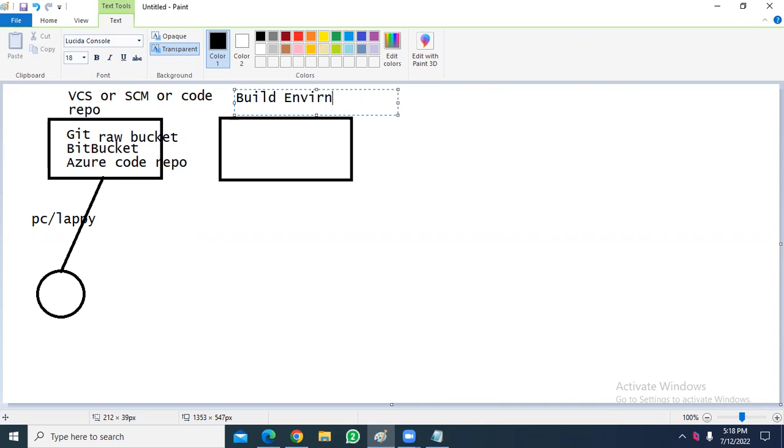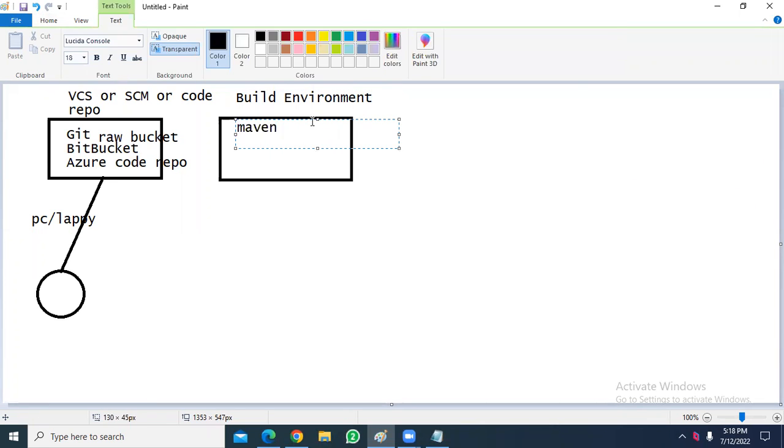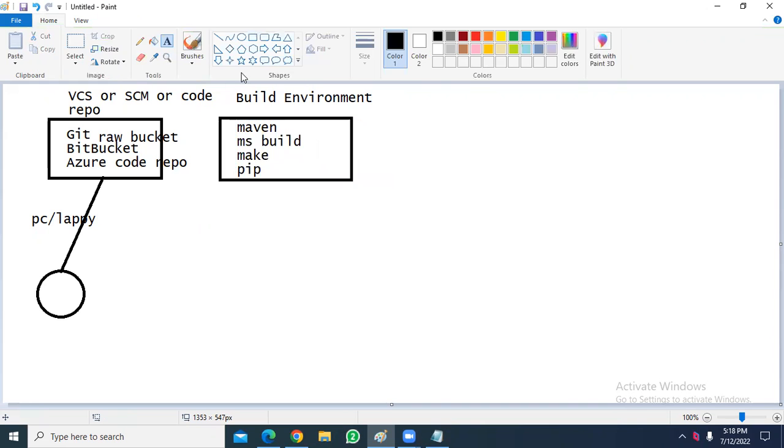Here we have different tools like Maven, or MS Build for .NET projects, Maven for Java projects, Make for C++ projects, and PIP for Python projects. Immediately once the code is submitted to the version control system, it is promoted to the build environment.